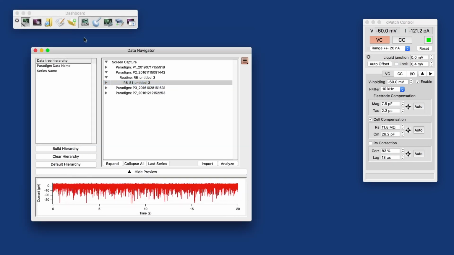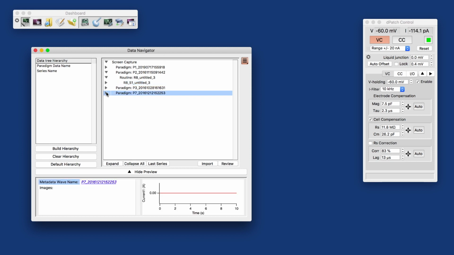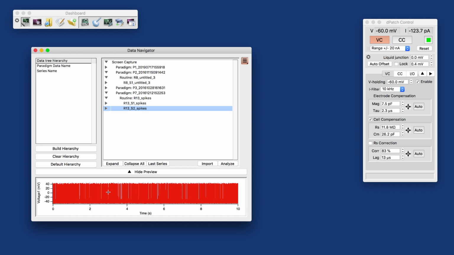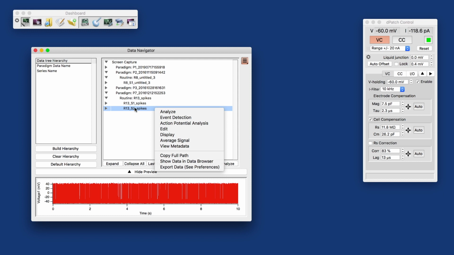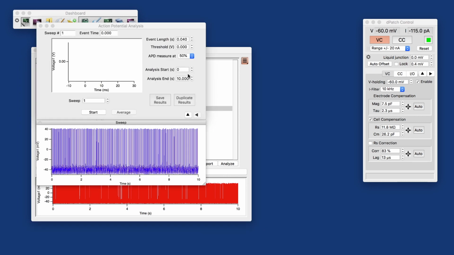The last thing I want to show you today is action potential analysis, and we want to start in this case with spontaneous action potentials. Same thing, I'm going down to the signal level. Signal 2, the voltage signal, contains the action potentials recorded in current clamp mode. And here we'll look at the action potential analysis. We set the threshold, 0 millivolts is appropriate because every action potential exceeds 0 millivolts, and everything that exceeds that threshold looks like an action potential. We could also define the event length. And we can calculate the action potential duration at 50, 80, 90, or 100% repolarization.